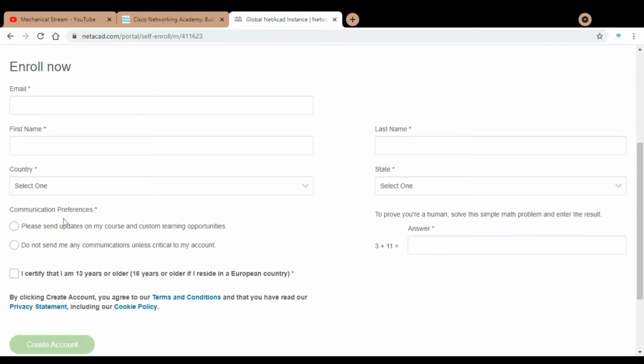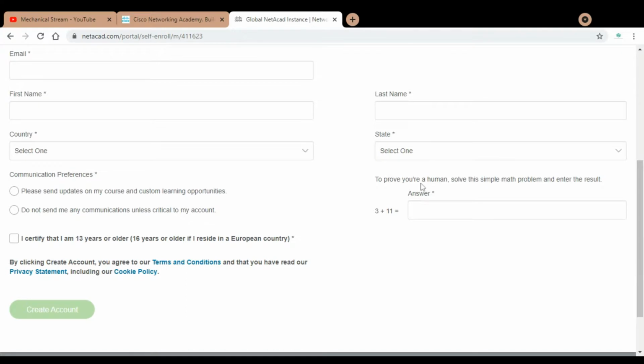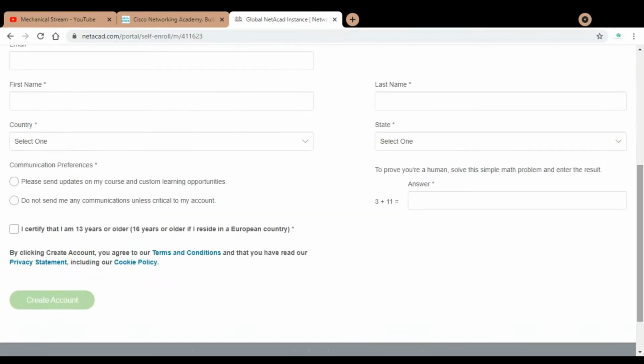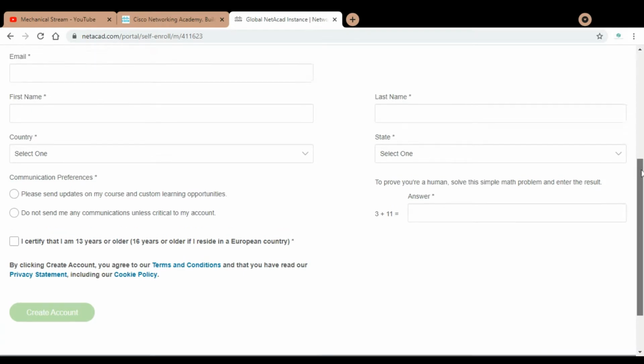If you want any extra notifications or updates regarding the courses on your email ID from Cisco, you can select any option. Then provide the answer to this simple mathematical question, and click on I certify that I am 13 years or older, and then create your account. Once you create your account, you will be redirected to the course page, and you will register there and can